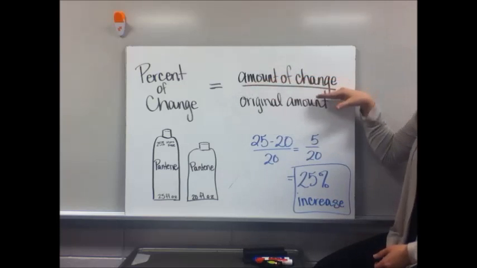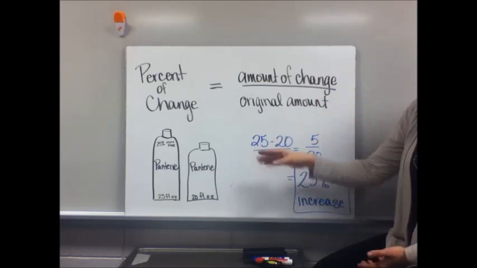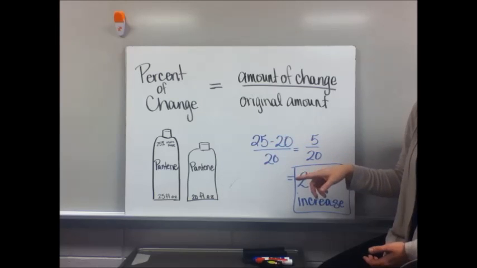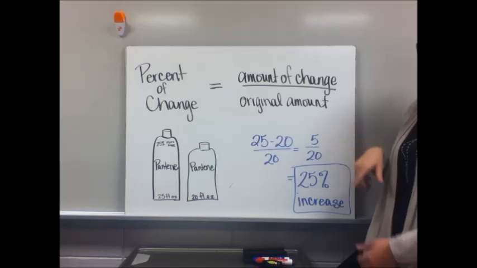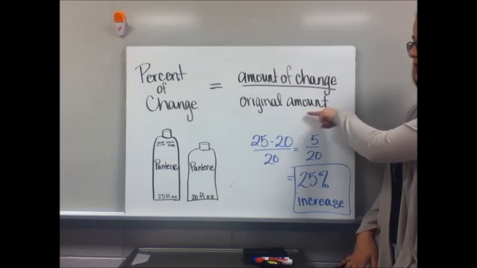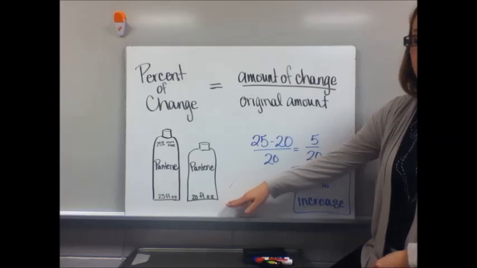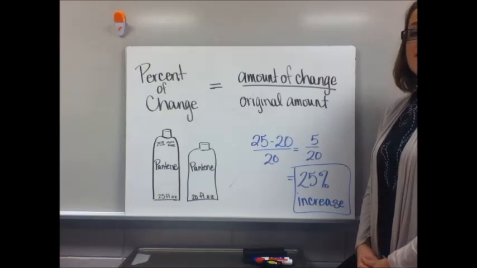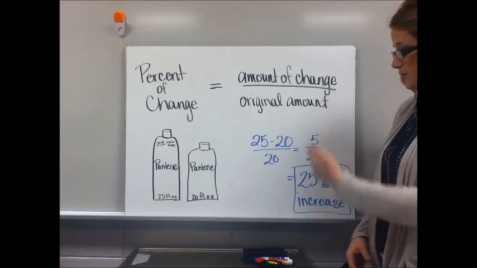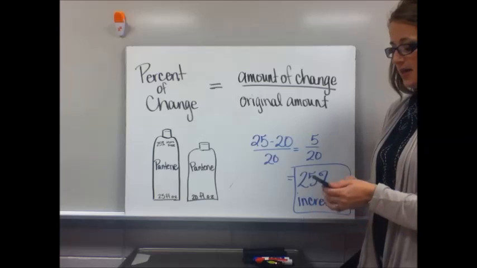You take the amount of change. You could have done that in your head, but this is just the math behind it. The difference between the 25-ounce and the 20-ounce is 5. And you're comparing that to the original amount. The regular bottle is a 20-ounce bottle, so you put 5 over 20. You may have already figured out that that's 1/4 because you've reduced that fraction, or that didn't come to mind in